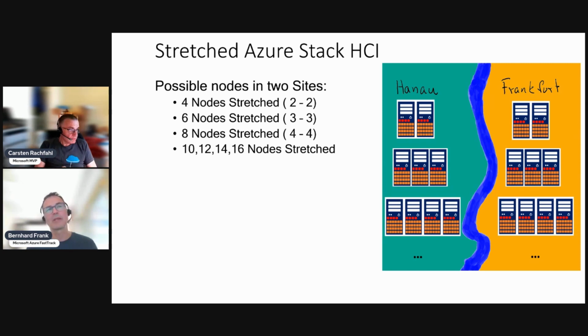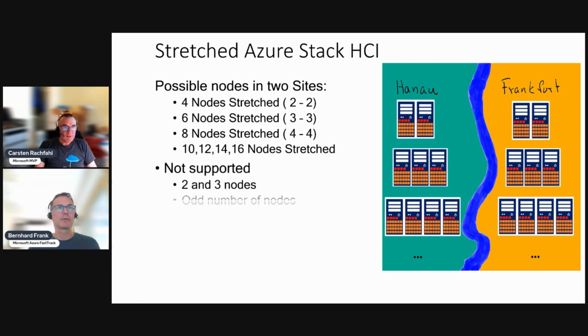Yeah, that's a good add-on to this. So I think there was more to it, right? What is not supported is 2 nodes or 3 nodes, or using any odd numbers of nodes, which would give you a non-equal count on either side. And I think it makes sense to do it. It's important because sometimes people say, if you think of the active passive scenario,